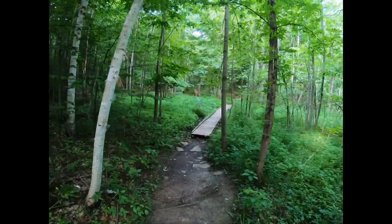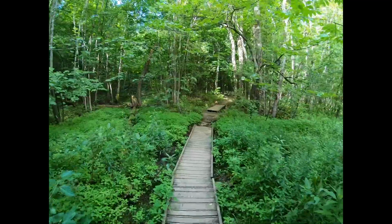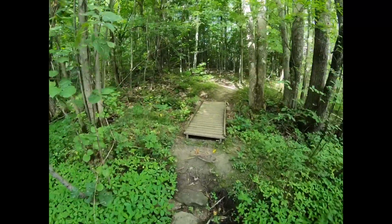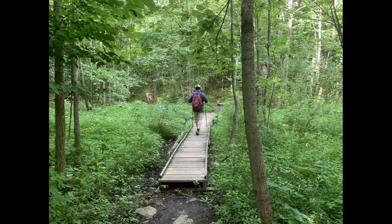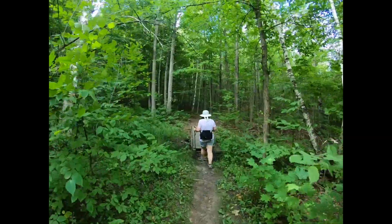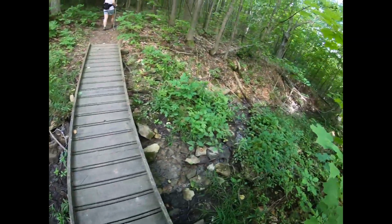Another boardwalk, or series of boardwalks. I can see a second one. No water, just a low-lying area. And that's it. Another boardwalk. Just a trickle of water running through it. Not much of anything, but